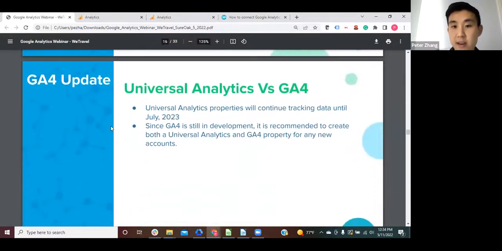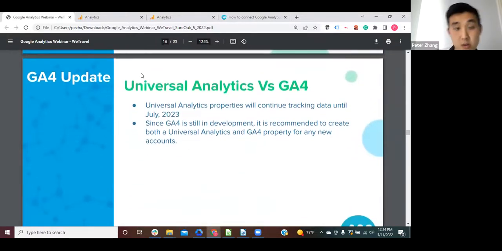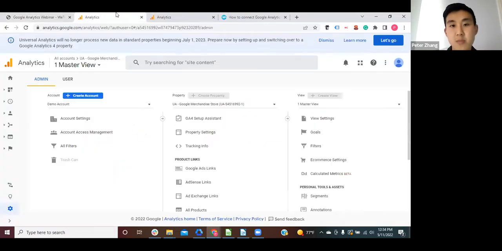I do have a little piece here about Google Analytics 4. So as I was saying, Google constantly updates their products, and you might have noticed this banner flag on the top of Google Analytics when I'm looking at it. Right now, we're actually in Universal Analytics, which is Google Analytics 3.